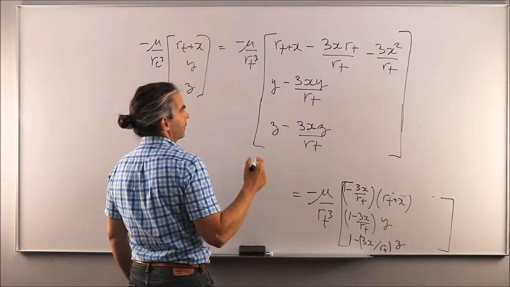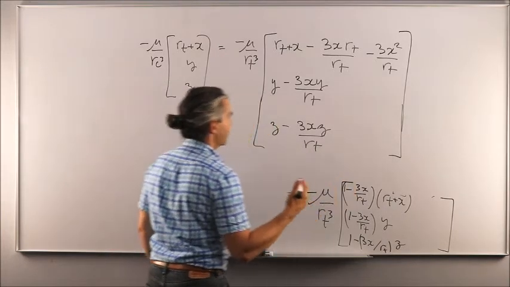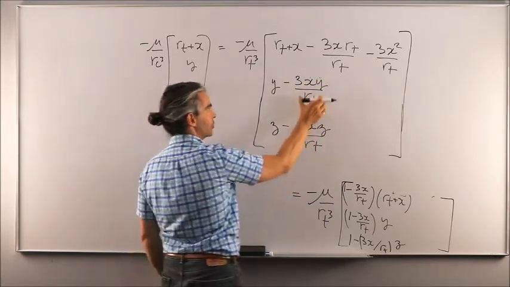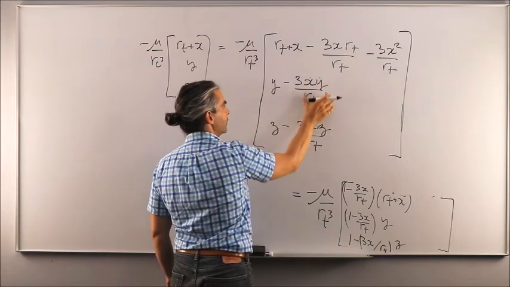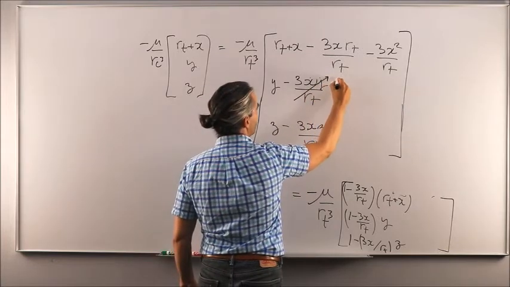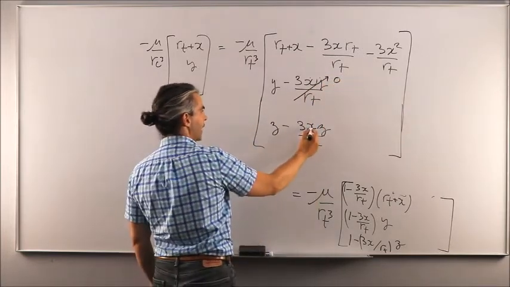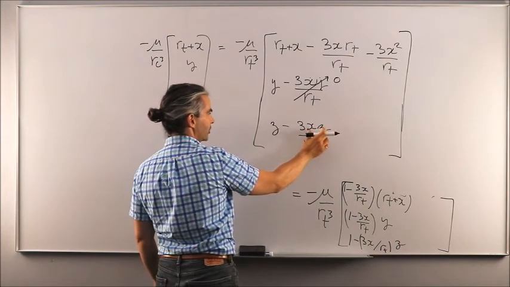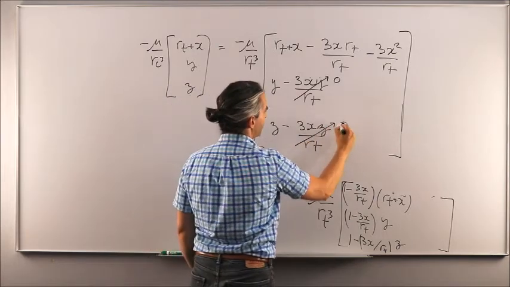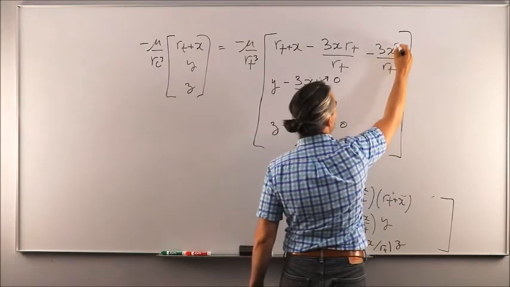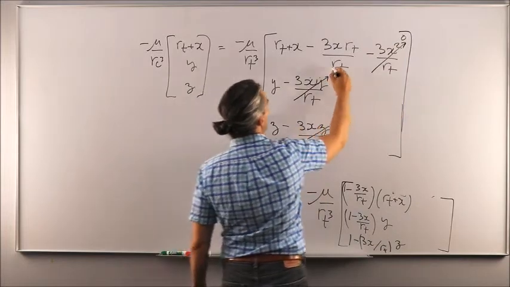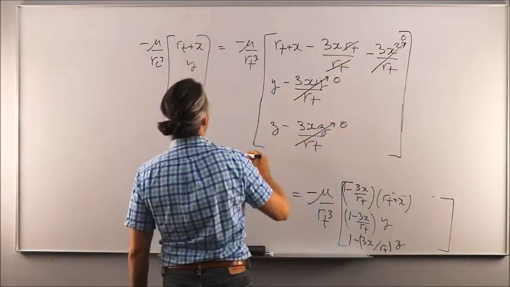neglect second order terms, okay? So when I have X, which is small, that multiplies Y, which is also small, it's as if I'm taking the square of a small quantity divided by a big quantity, and I'm going to say that this is approximately equal to 0. Same here, X times Z, so two small numbers being multiplied together gives me something even smaller, divided by something big, RT, so that is equal to 0. I have a square term of something small over something large, that is 0. This is RT over RT, so I'm going to be left with